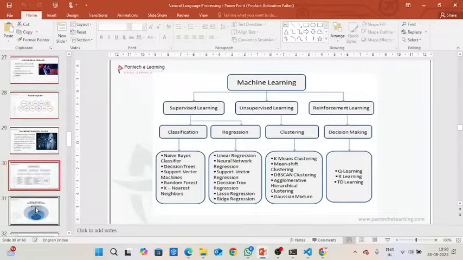Unsupervised learning is nothing but unlabeled data. We don't have any name or any label. By using specifications like color, we can separate the data. That is unsupervised learning. And reinforcement learning is nothing but learning from past experience. If you did something bad in the past, you will correct it in the future. Likewise, it happens. In another term, it is also like feedback analysis.